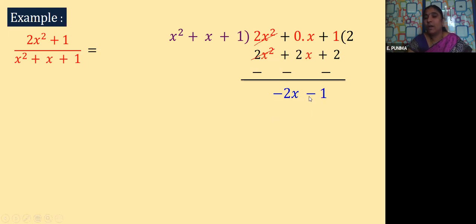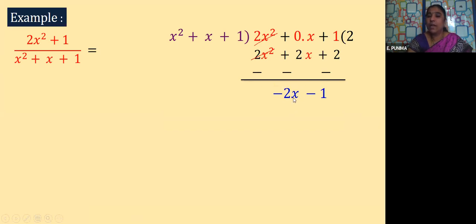So now here the remainder r of x can be what? According to our statement what you have learned, the remainder can be 0, or it can be a polynomial whose degree is less than degree of g of x. Now here you didn't get the remainder as 0, but we have got a polynomial. Which polynomial is it? It is a linear polynomial. What is the degree of this one? The degree is 1. Yes or not? And what is the degree of our g of x? It is 2. So the polynomial you got in the remainder has degree less than the degree of g of x or not? Yes? Is it clear, children?